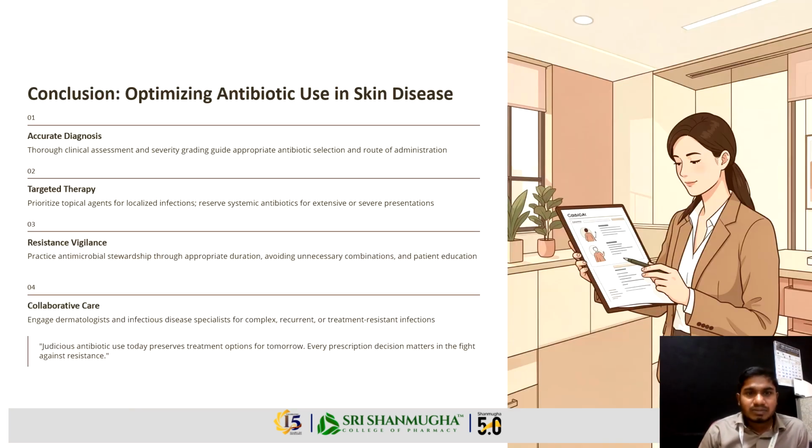What is the conclusion on optimized antibiotic use in skin disease? Accurate diagnosis, targeted therapy, resistance vigilance, and collaborative care. Clinical assessment and severity grading guide appropriate antibiotic selection, route of administration, and targeted therapy. Prioritize topical agents for localized infection, and reserve systemic antibiotics for extensive or severe presentations. Resistance vigilance: practice antimicrobial stewardship